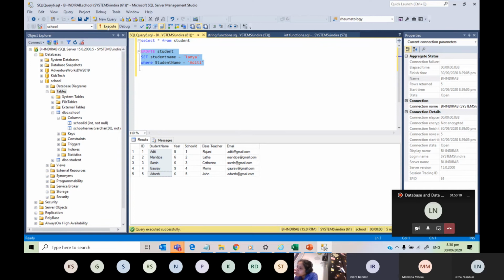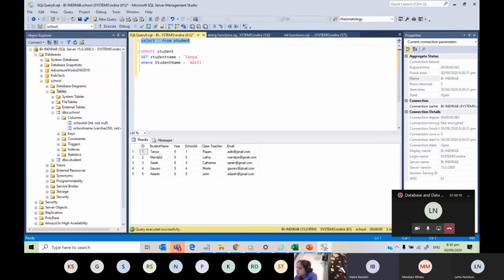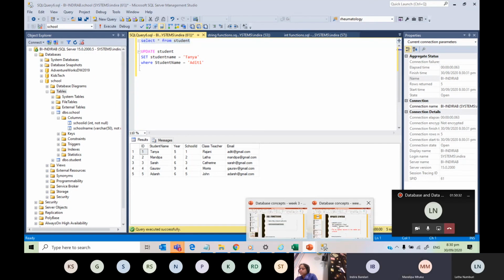I'm just going to execute. It says 1 row affected. So now when I run select star from student, there is no Aditi. Aditi is substituted by Tanya. Okay. Got it? So that is why here I have written in red.